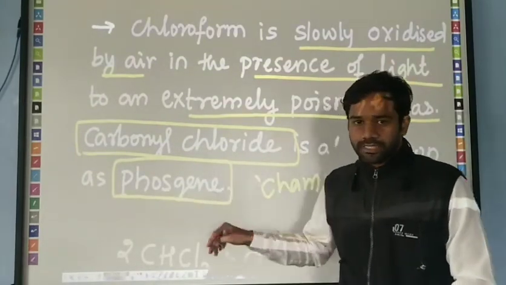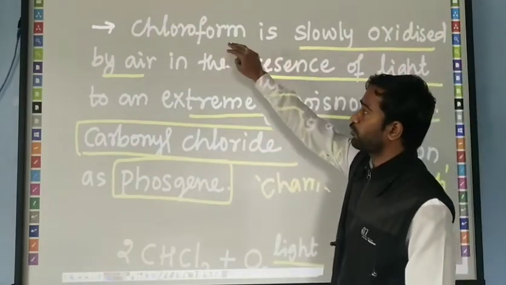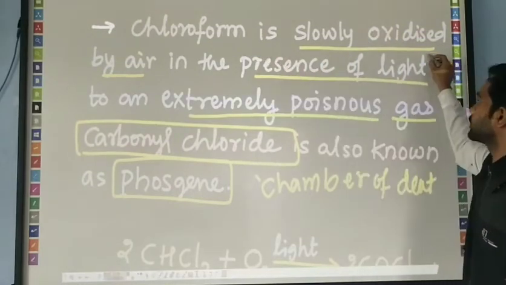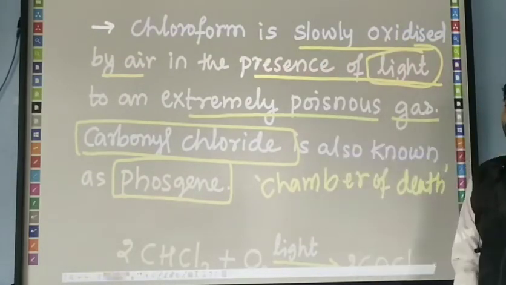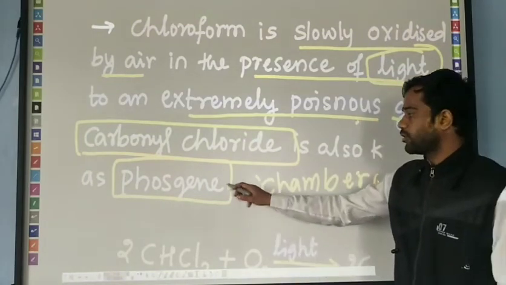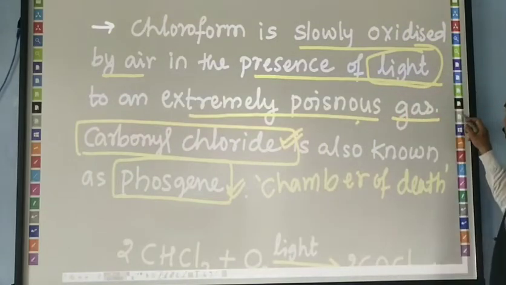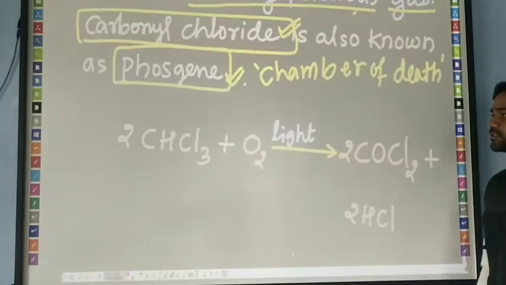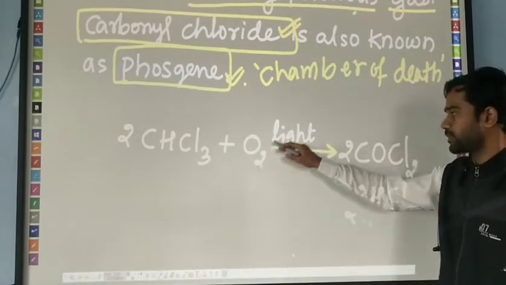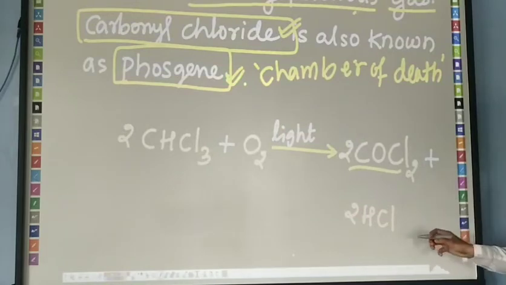The phosgene gas is produced by the reaction of chloroform, which is oxidized by air in the presence of light. Okay, which forms an extremely poisonous gas, that is known as phosgene or carbonyl chloride. Very important equation it is. When chloroform is slowly oxidized in the presence of light, it forms carbonyl chloride and some